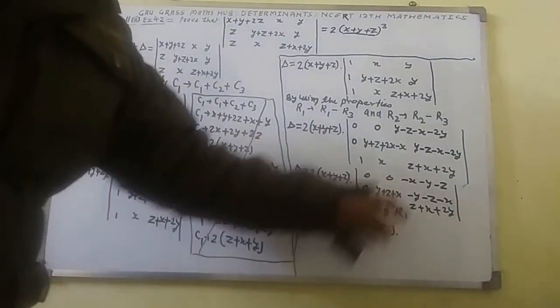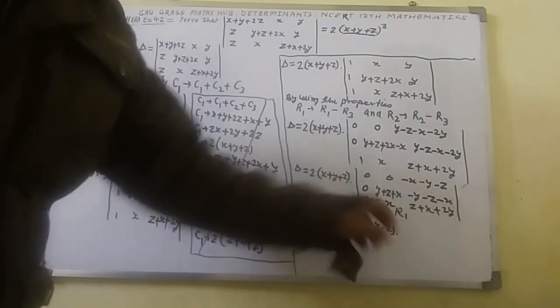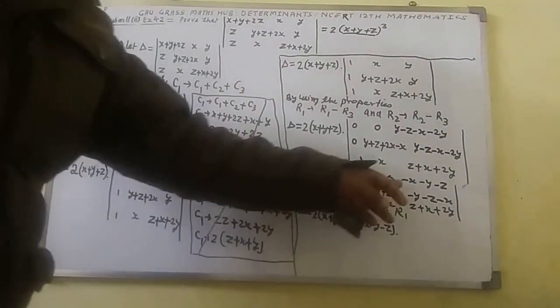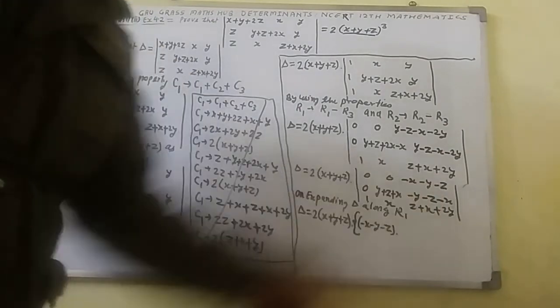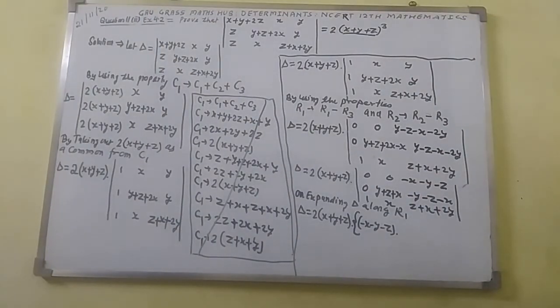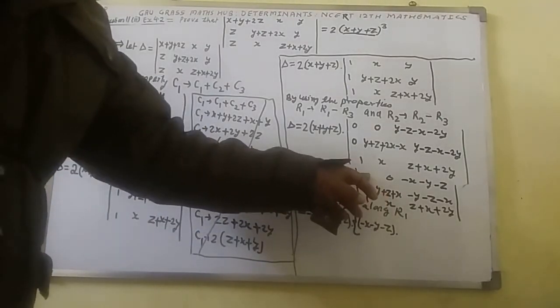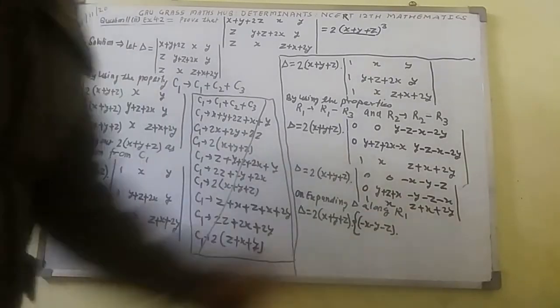This element I have written minus x minus y minus z. Now get the minor of minus x minus y minus z. The minor of minus x minus y minus z will be,